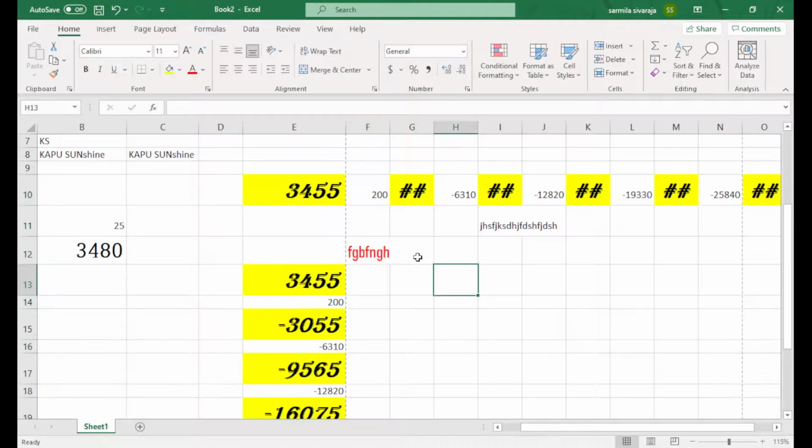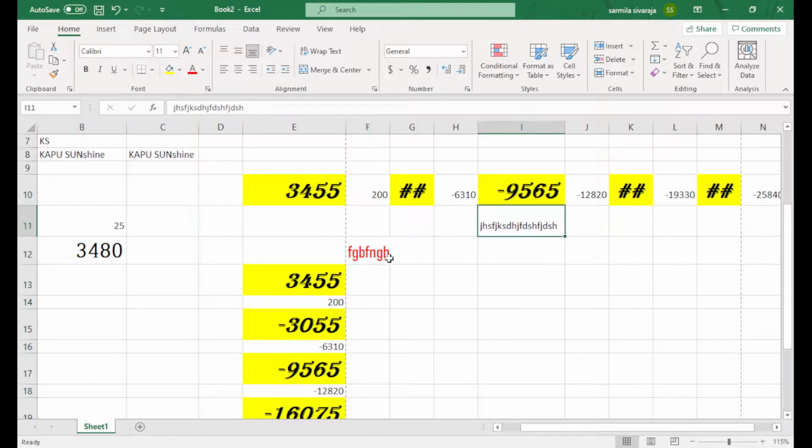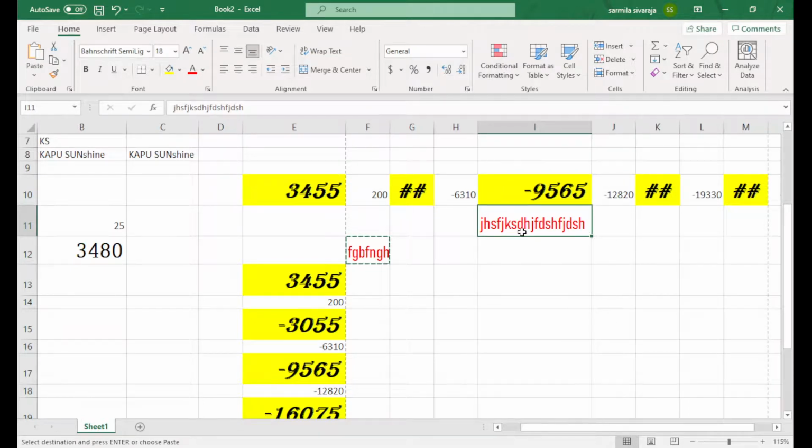So this font. I have some text typed in here, and another text type here, but I need the same style of font for it. So I will copy this text, Control C, come to here and select this part. Right click, and paste it as a format. So this format is applied back to this text. It's assigned to this text. This is also one of the pasting methods.